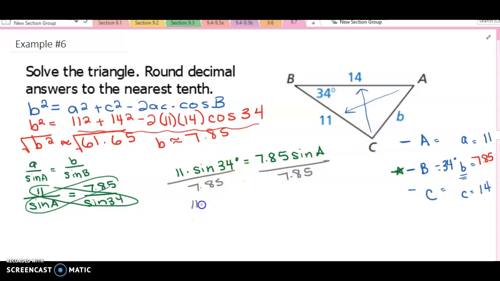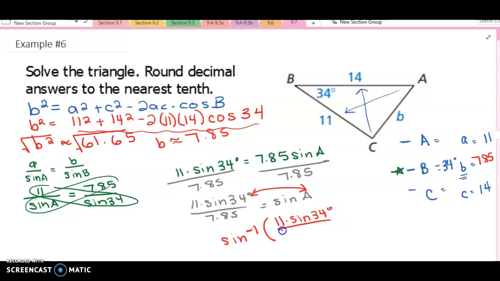I get 11 times sine 34 degrees over 7.85 equals the sine of A. So I know the value of the sine of A. I want to find my angle A, so that would mean I'd use sine inverse, and when I do the inverse, these two would flop places. Okay, so sine inverse of 11 times sine of 34 degrees over 7.85 equals A,